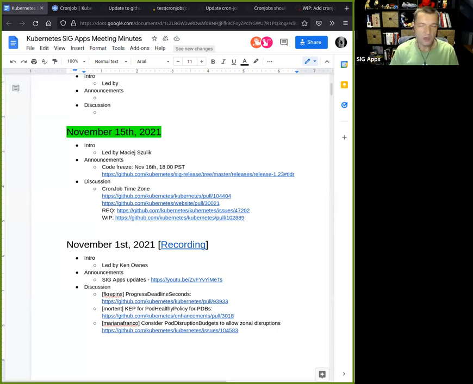So try putting your PRs together and ping folks either on Slack or on GitHub or wherever you can reach them and get your stuff merged before that date. After that date, every single change will require an exception. I've linked the dates, so that's pretty much all with regards to the code freeze.